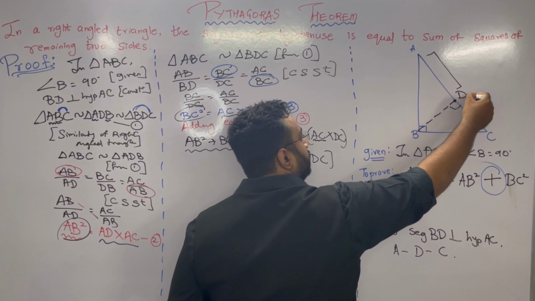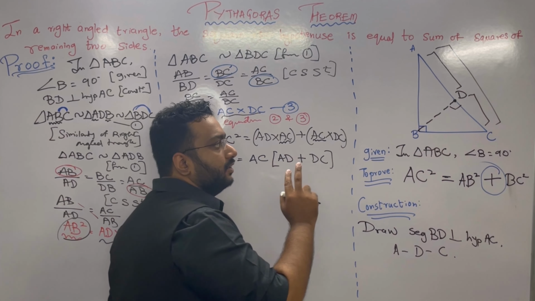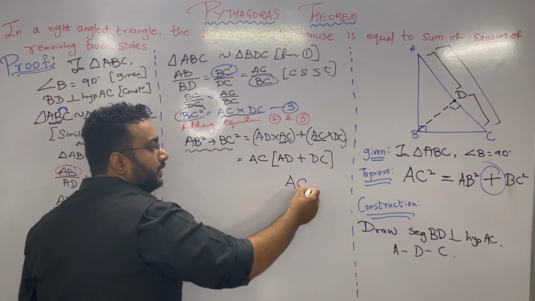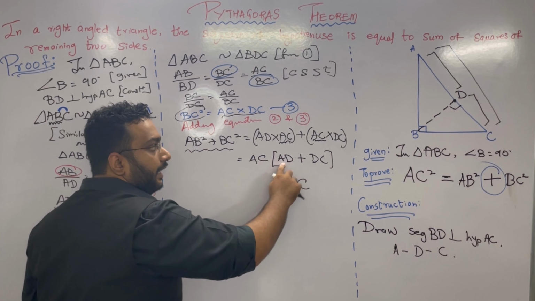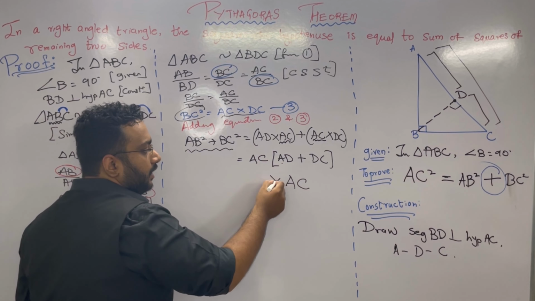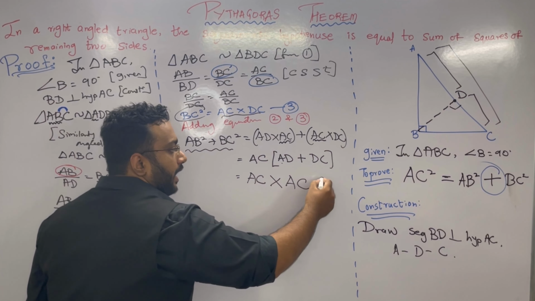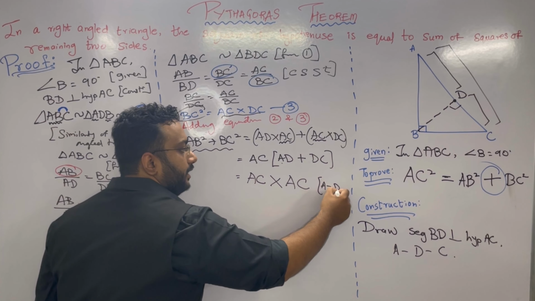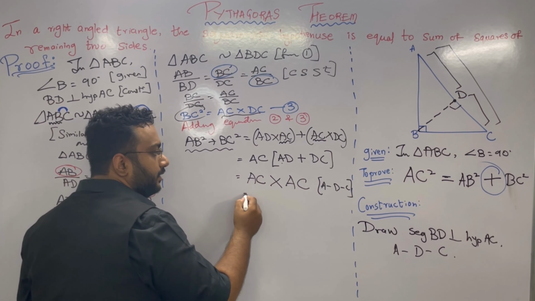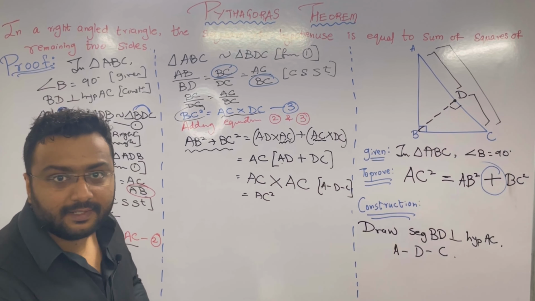This is AD. This is DC. ये दोनों मिलके कोई साइड बन जाएंगे. Very good, superb. अगर इन दोनों को ऐड किया, we get that bigger hypotenuse AC. So instead of this, we can write AC, AD plus DC is nothing but AC. So instead of that, we have written AC. And we already have one AC, and which में कुछ sign है, that means it is multiplication. And the reason for this will be A dash D dash C between them. Superb. Now if you observe AC into AC is nothing but AC square. Superb. And our proof is done, ladies and gentlemen.